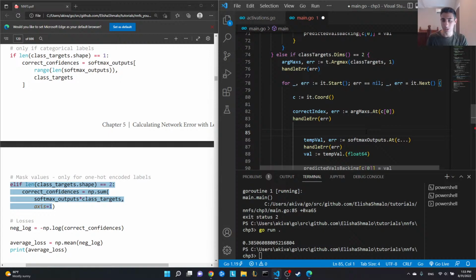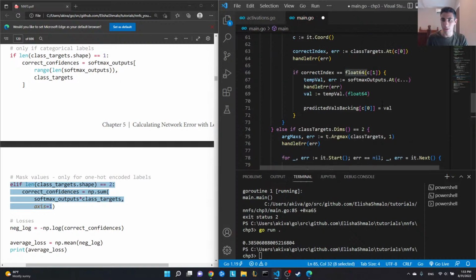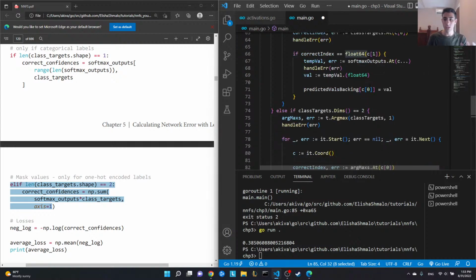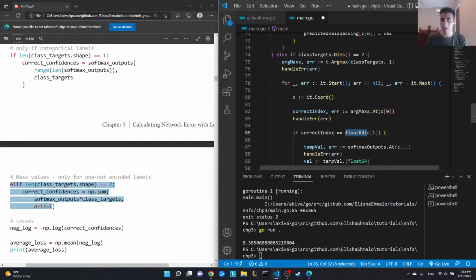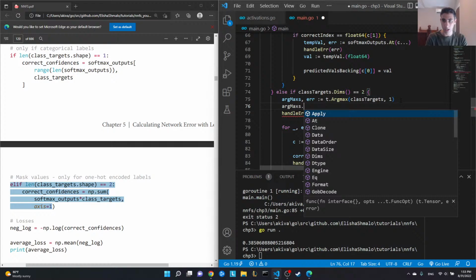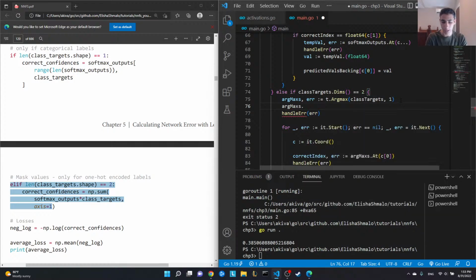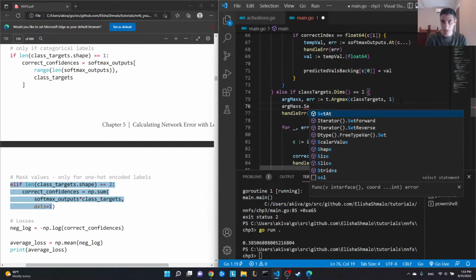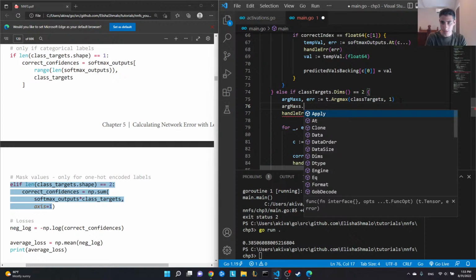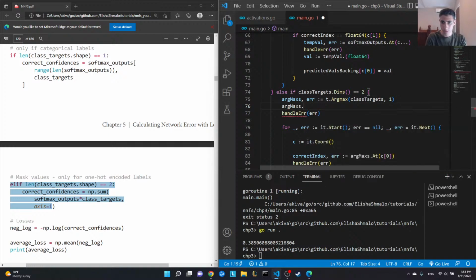Now, I don't want to change this to an int. I would rather both of these loops look very similar, because I think that at some point when we're making these into functions, we'll actually be able to make this stuff very dynamic and very, very clean. So I want to actually just make this of type float64. So argmax dot type, or argmax dot change type, set type, argmax dot, I don't know, value, no, argmax dot